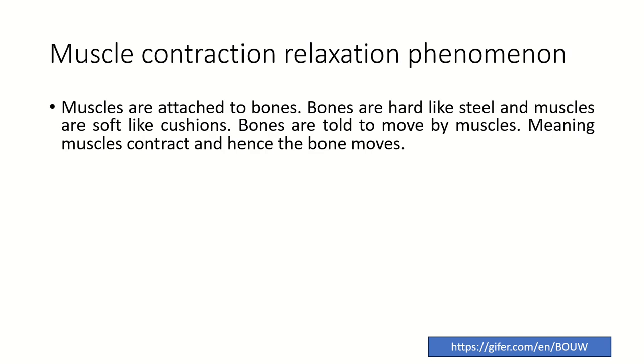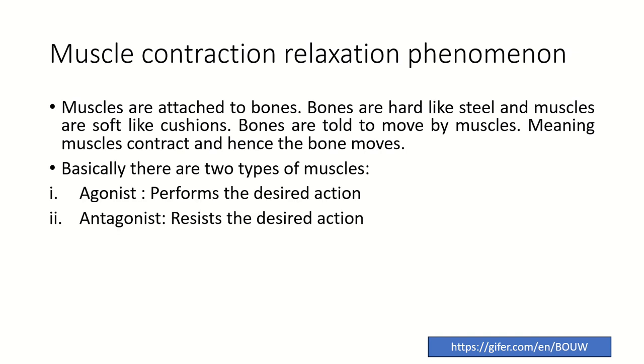Whenever we think that muscles contract and relax and they transfer the force to the bones to move, no, bones are very much hard like steel. So when the muscle is contracting and relaxing, the forces don't transfer to the bone, bones don't move. Bones form a hinge joint. Consider an example. Bones form a joint, a type of hinge joint, which tends to move by the force of muscle. Bones don't move. Thus, joint moves. Okay. Whenever we talk about movement or muscle contraction, there are two types of muscle: